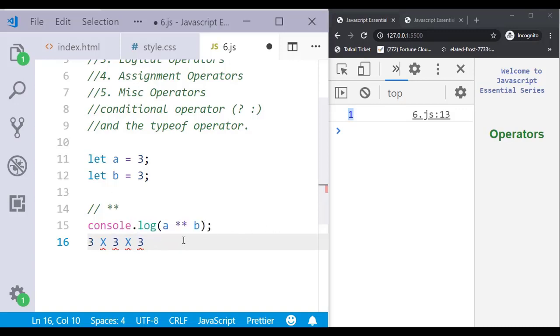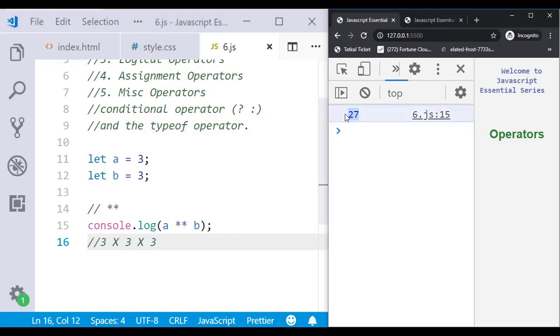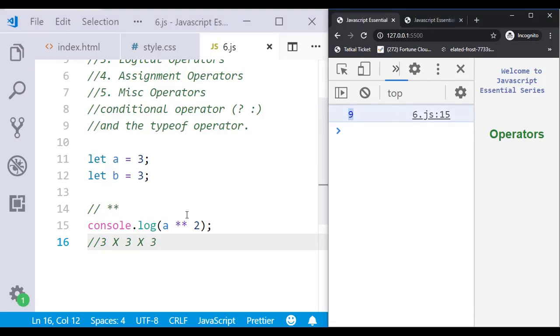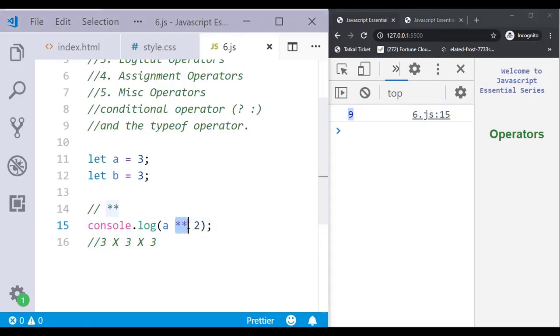So I should get the output 27, and I am getting 27 here. Similarly, if I do 3 to the power 2, 3 3 is 9, so I should get 9. This is a very interesting one. If you want to find a power anytime, you need no extra line of code, just use this double star operator and you are done.